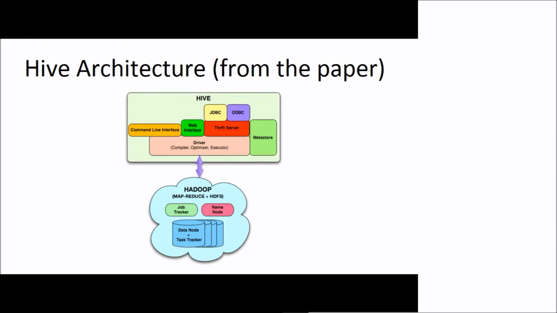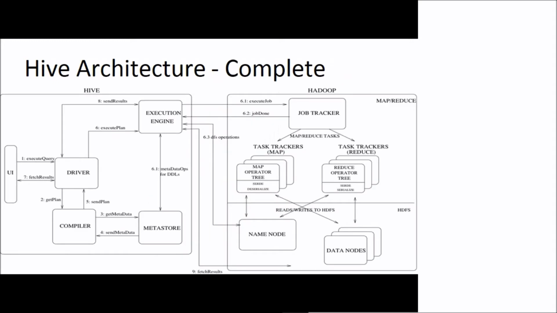So the metastore is that service which will interact with your MySQL and Hive, and will always make the meta information available to Hive. Because if your meta information is not there, you will not be able to fire any query, right? So this was the initial architecture which was proposed.